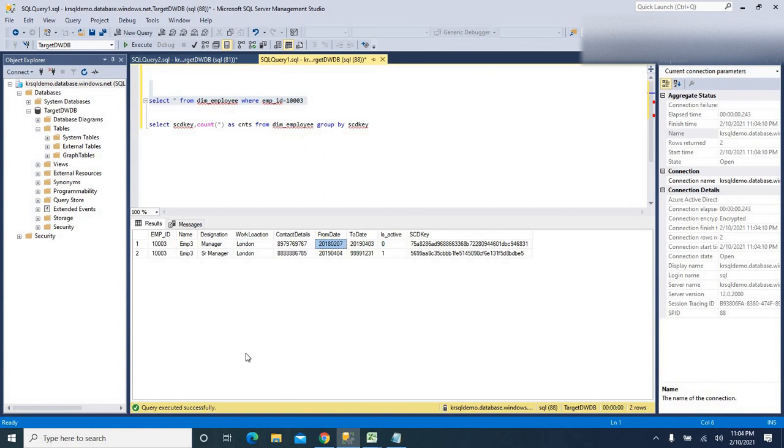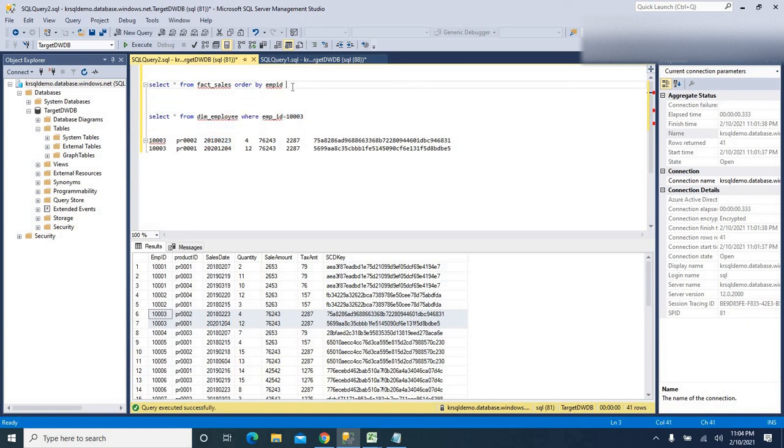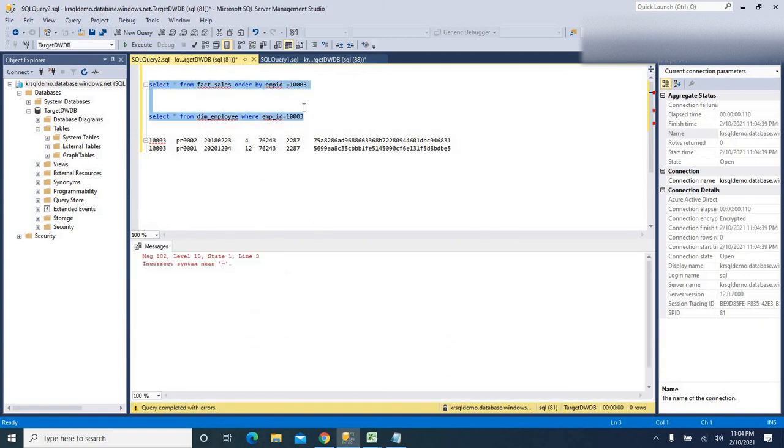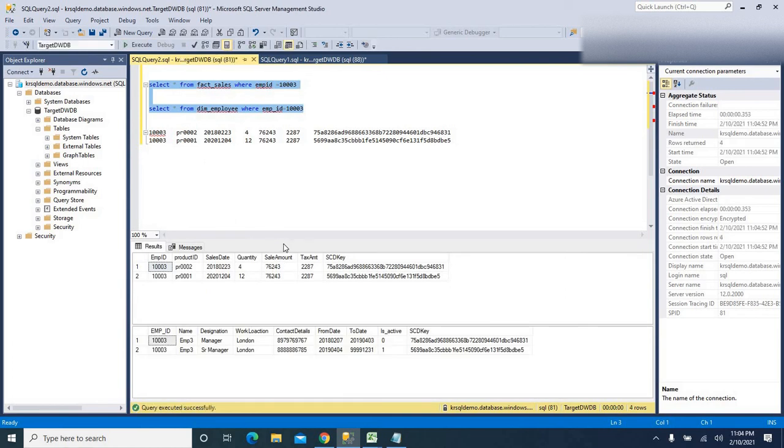Let me execute both in a single query analyzer so that it will be more clear, and here also let me execute this query. All right, let's compare here. This employee sold this product on 2018-02-23, and this is the SCD key.